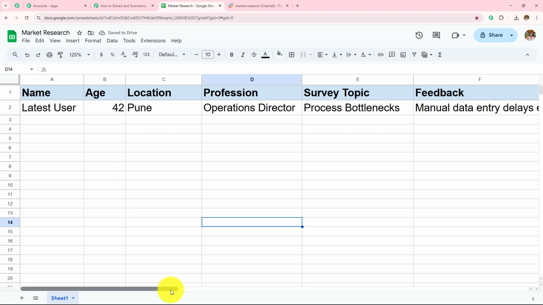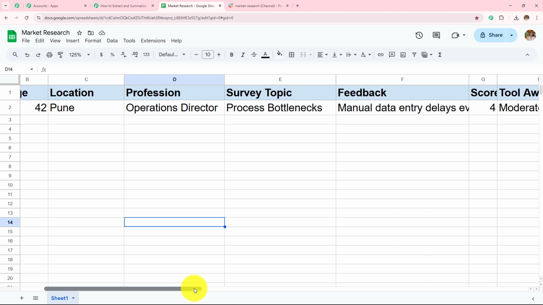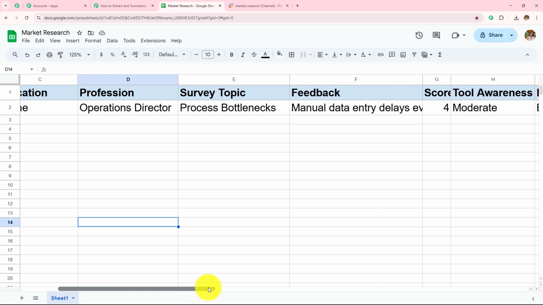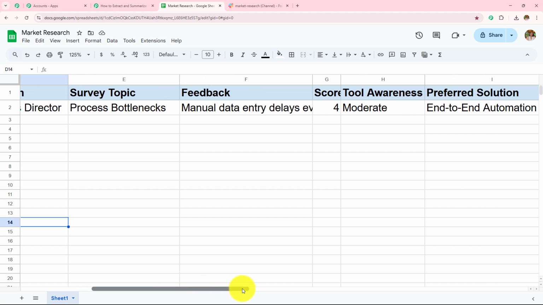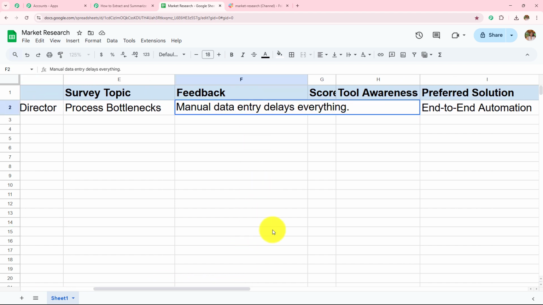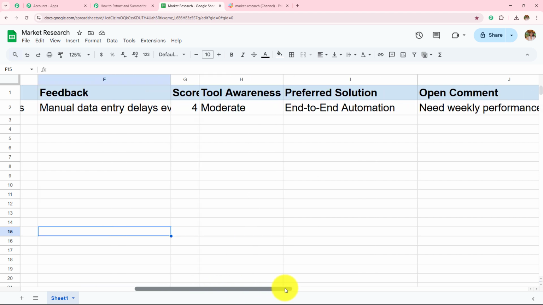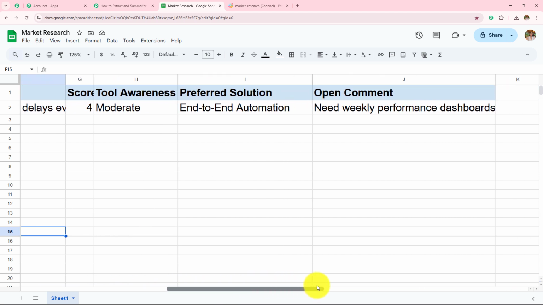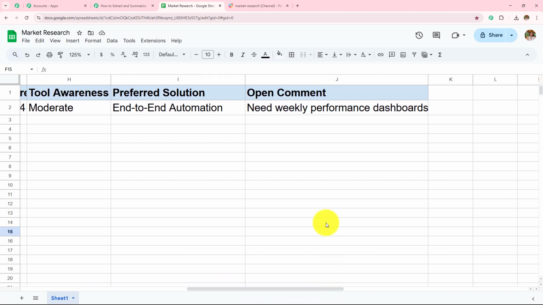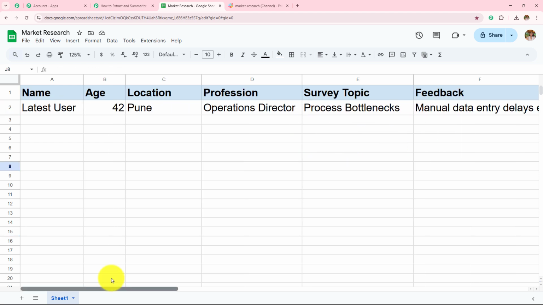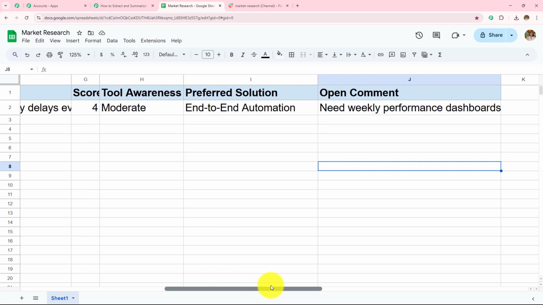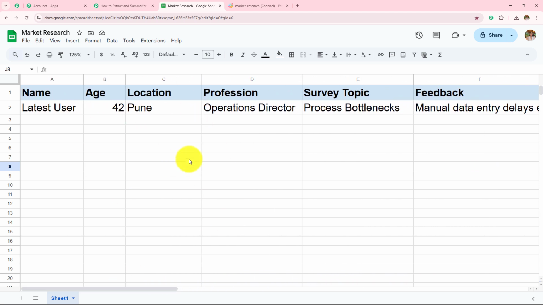So here I have added the name as latest user, age as 42, location as Pune, profession is operations director, survey topic is process bottlenecks, feedback is manual data entry delays everything, the score is 4, tool awareness is moderate, preferred solution is end-to-end automation, and open comment is need weekly performance dashboards. So here I have added this data, and now we need to send this data to my Pabbly Connect